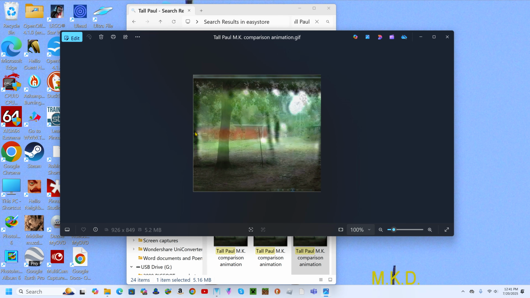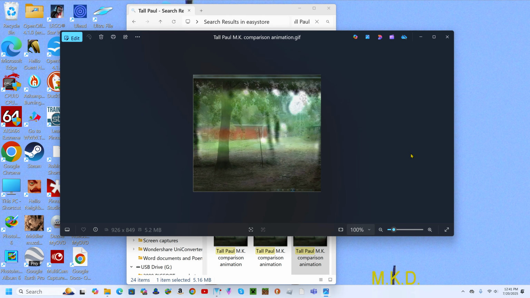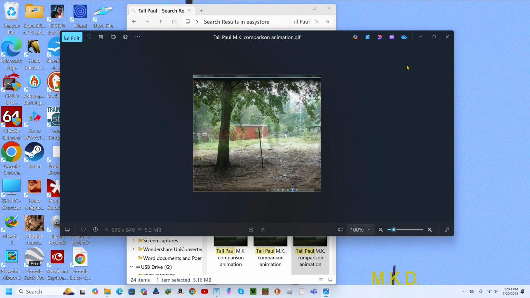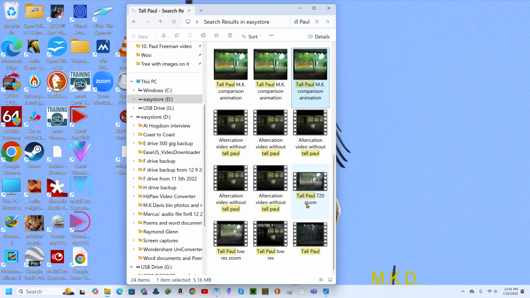There's that same tree over here. Now, what I think is an outstanding thing that may take Tall Paul into the category of woo is that he appears to shimmer. And I've heard an awful lot about that.